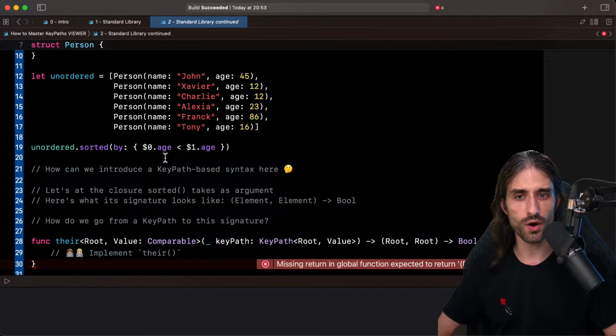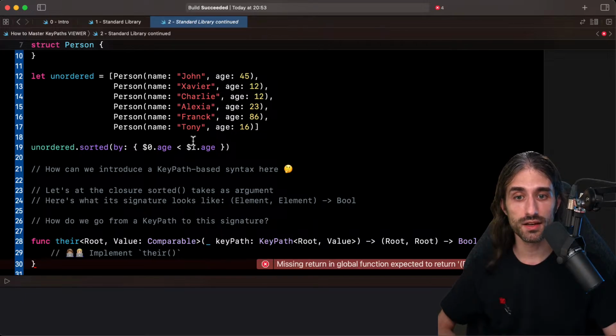So in Swift, we already have everything we need to do that using closures, using comparison closures. We have the function sorted(by:), which takes a closure that takes as an argument 2 elements of the array. And in the closure, you say if the 2 elements are in increasing order or not. Here, since we want to order on the property age, we compare the property age on both values.